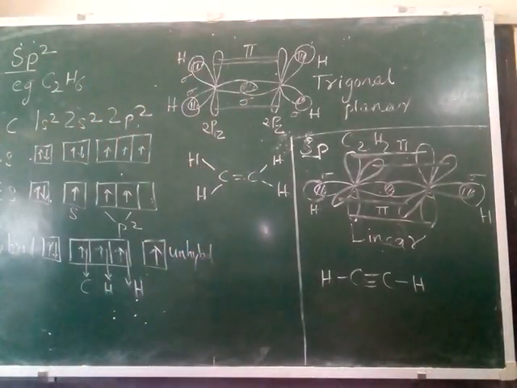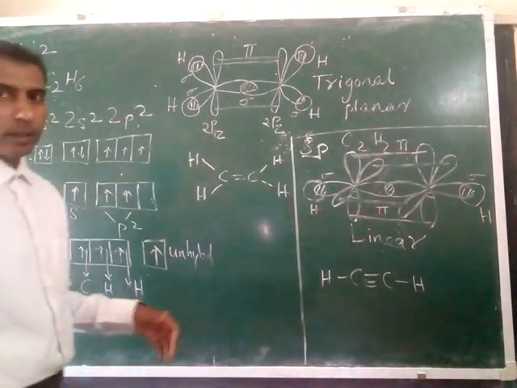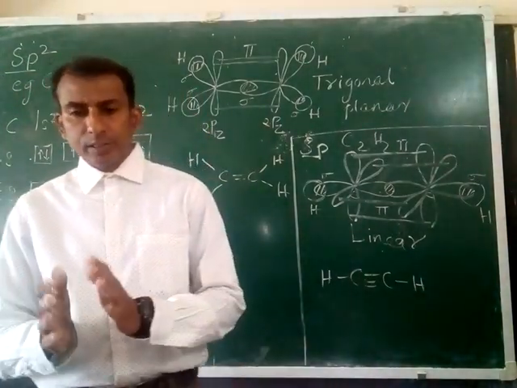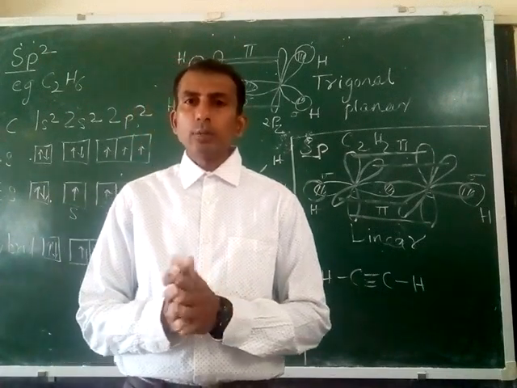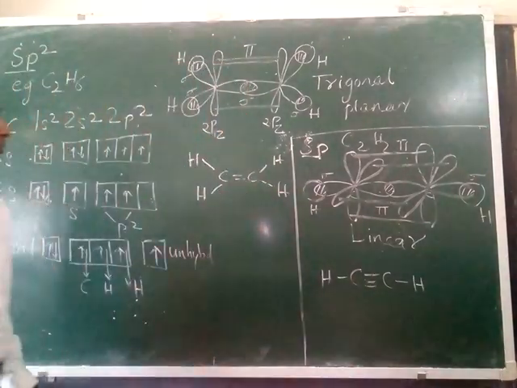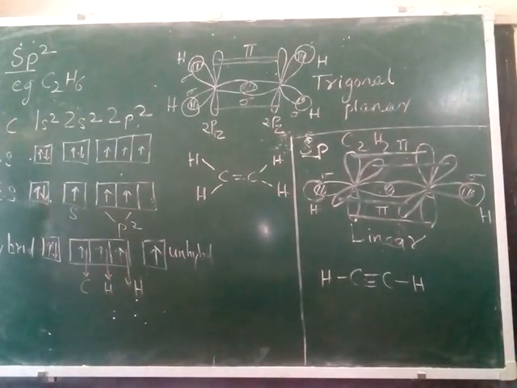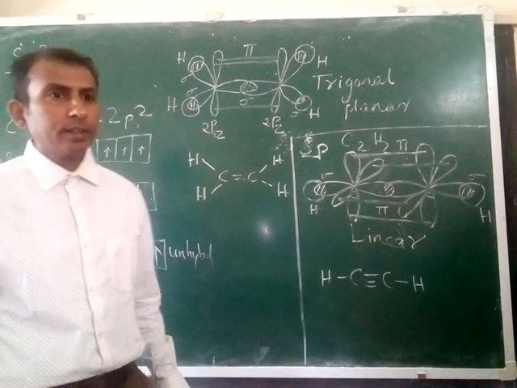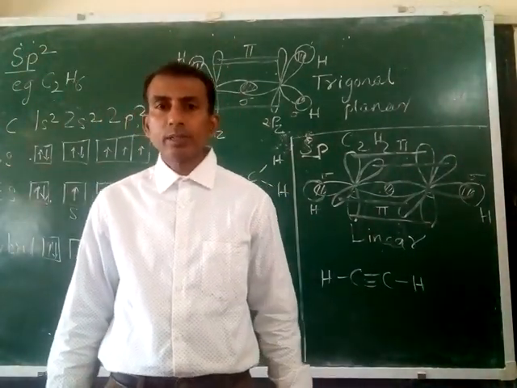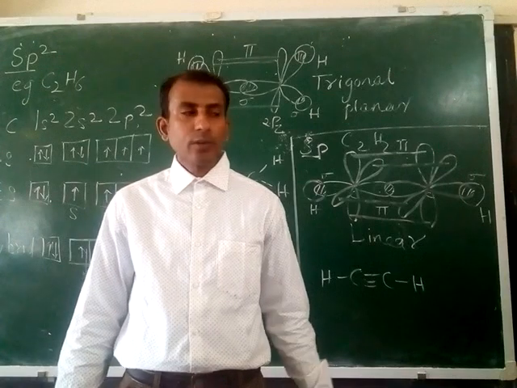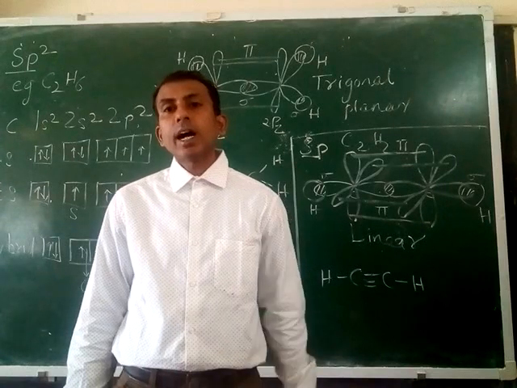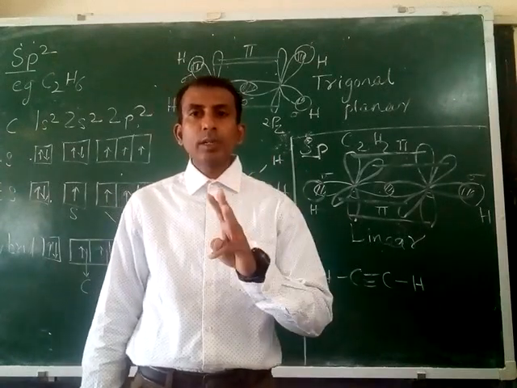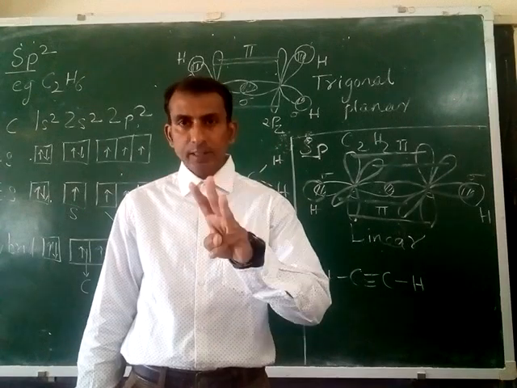So let's continue the next part of the chapter, chemical bonding. Last lecture we have covered hybridization. In that, the first type of hybridization we studied was sp3 hybridization, and the example there was methane. So here we have the second type of hybridization, sp2. We have already defined the meaning of sp2 hybridization. It's a mixing and recasting of 1s and 2p orbitals to produce 3 new sp2 hybrid orbitals; there are three.